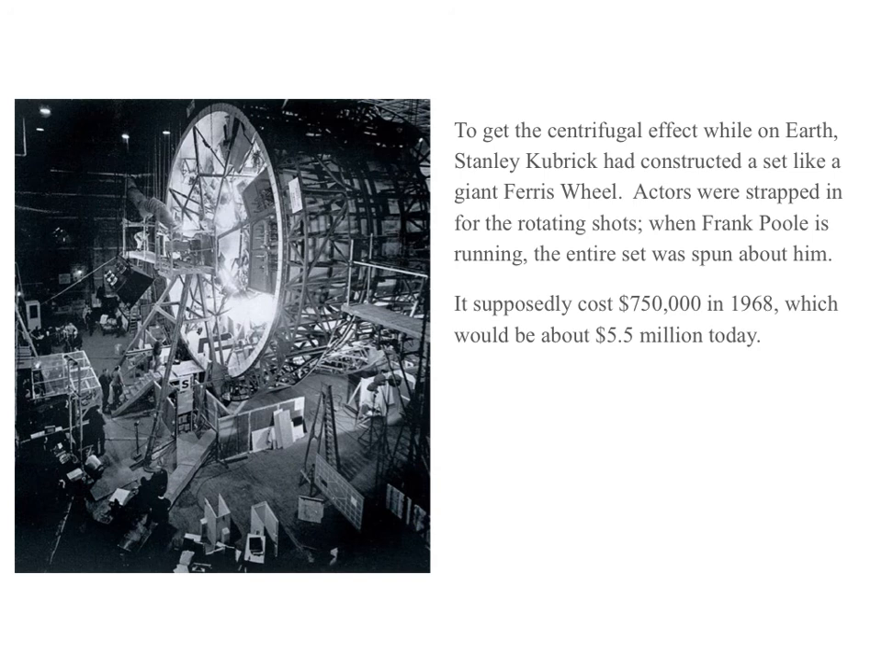When they were doing the rotating shots, the astronauts were strapped in. When Frank Poole is just running around the set, the entire set is actually spun about him. This is part of Kubrick's obsessive dedication to perfectionism and realism, and it supposedly cost about $750,000, but that was in 1968. So today that would be about $5.5 million for what comes out to be maybe 30 seconds of footage. Kubrick was a little bit obsessive, but it's kind of nice because we can see how you can mock this thing up even on the Earth. You can make it look right. Today it'd probably be done mostly in the computer rather than the camera, but